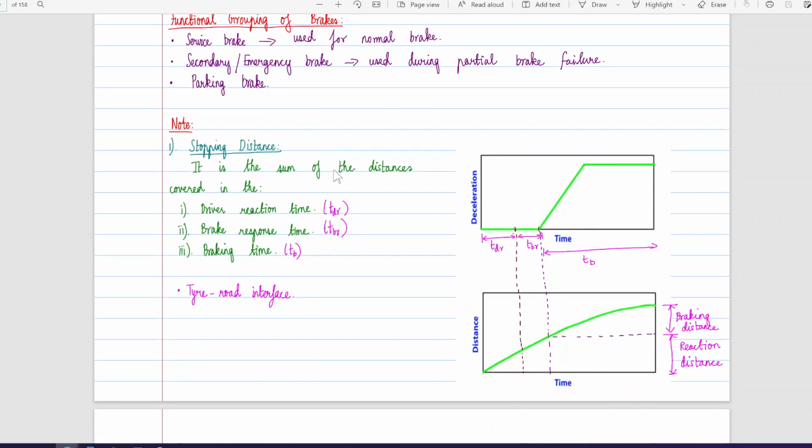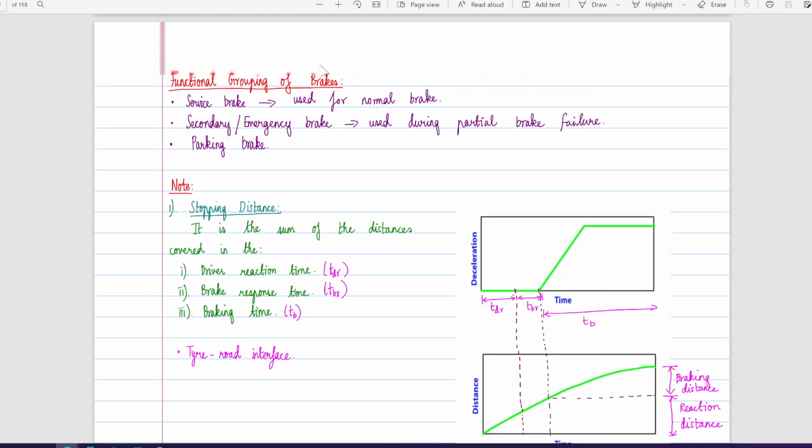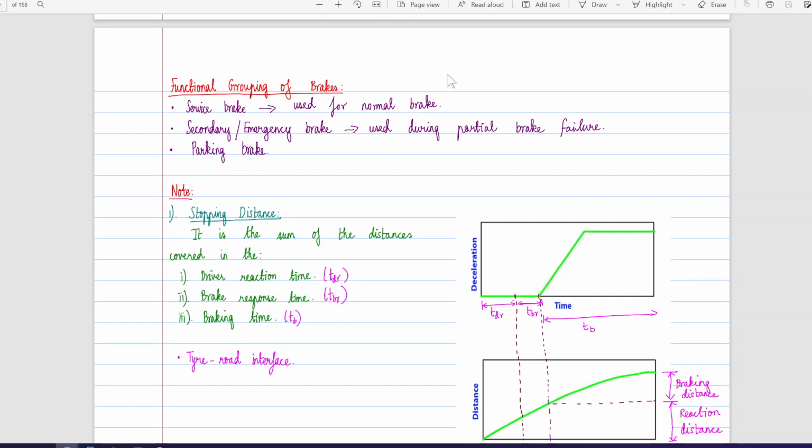So let us have different grouping of the brakes. The brakes which we use in normal condition are called service brakes. Those are your primary brakes. Then you have secondary or emergency brake, which can be used during partial failure. And finally, you have parking brakes. You engage the parking brakes in a condition where